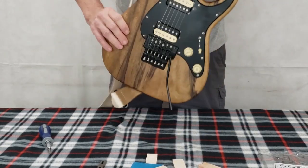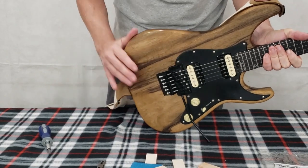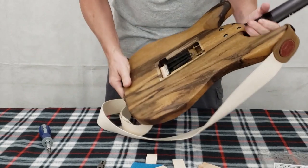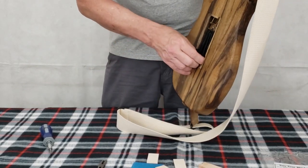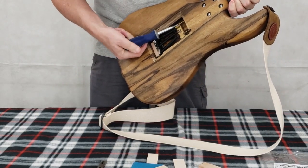Let's check the front of the guitar. Front of the guitar, the plate is flat with the body, so we're good. The blocks are in there and they're not falling out, but they're not really tight in there. So what I'm going to do is take my screwdriver and loosen off